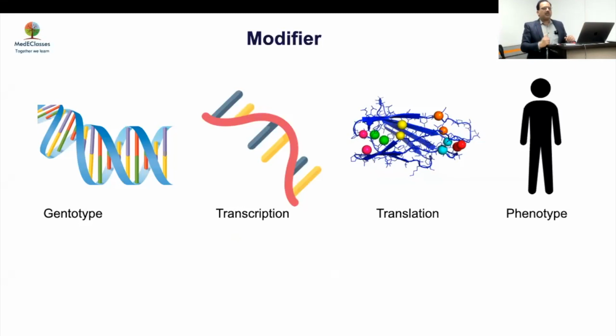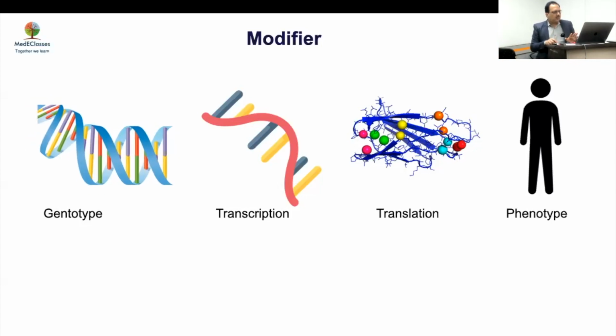People, and I'll talk about that, if you do your own whole genome sequencing, 20 to 30 disease-causing mutations will be found. We never know. If you go in the general population, people will have mutations for MEN, for MODY. It doesn't mean that they will develop MEN or MODY. And that is why there are a lot of modifiers which play an important role.